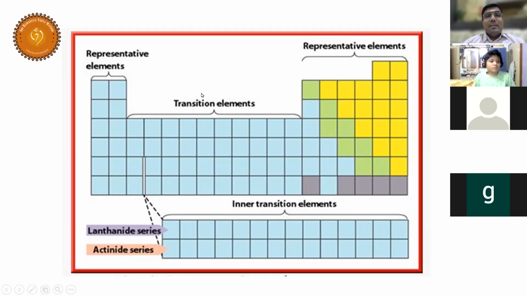Why the name transition elements? I'll explain; it's very interesting. As time progresses, you'll understand why these are named transition metals or transition elements. Down here, these are called F block elements. These are S block elements. These are P block elements. These are D block elements, and these are F block elements. So this is the basic skeleton of a periodic table.